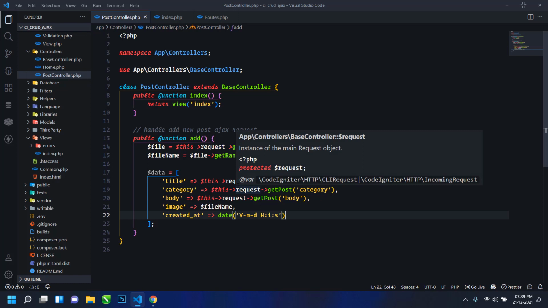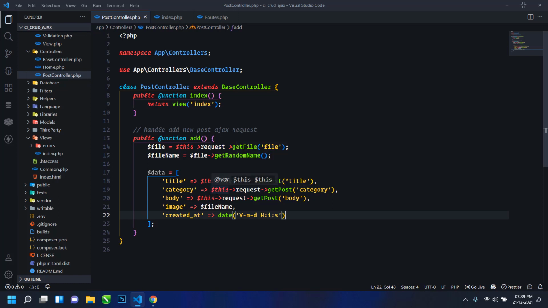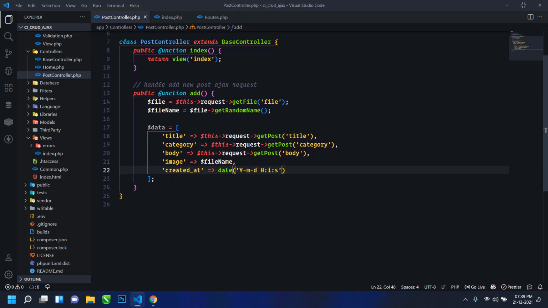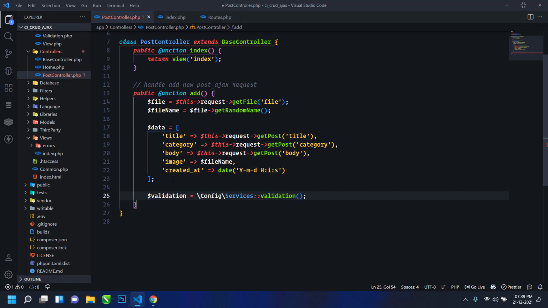Now next we will validate the image, image size and image type, using CodeIgniter. To make the validation work, we have to create validation equal to config. We just create an object of the validation class.